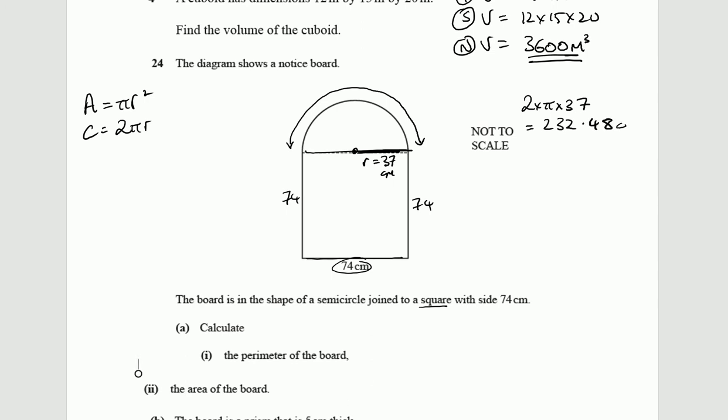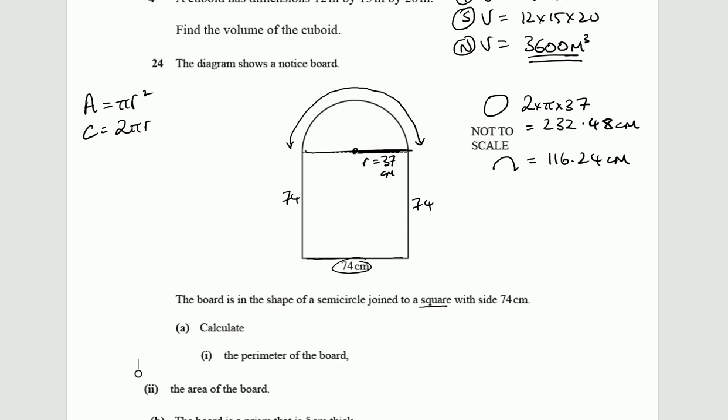So 2 times pi times 37 comes out as 232.48 centimeters. But that's for the full circle. I'm only interested in half of that, so I'm going to divide this by 2. If I divide that by 2, I'm getting 116.24